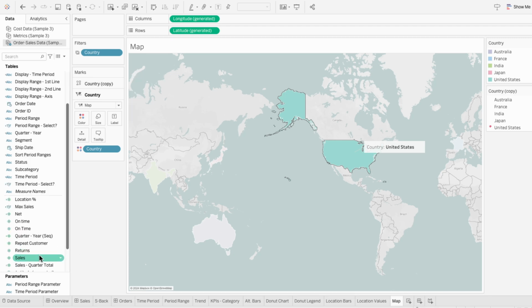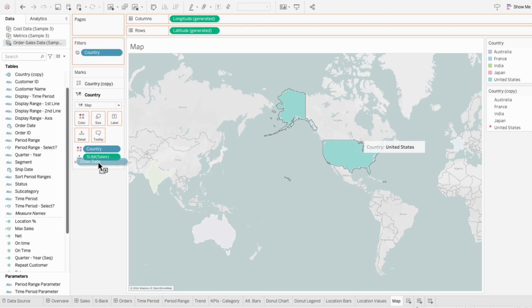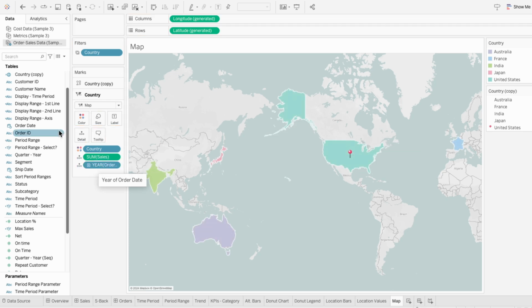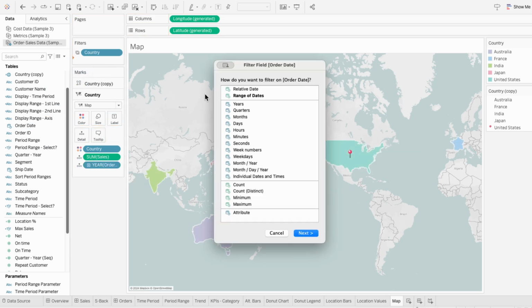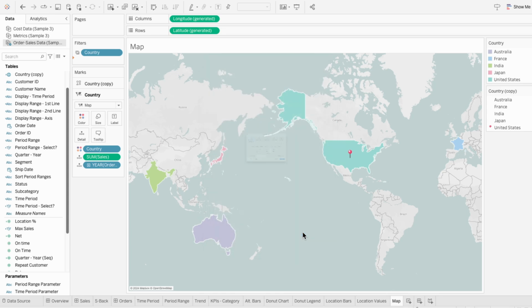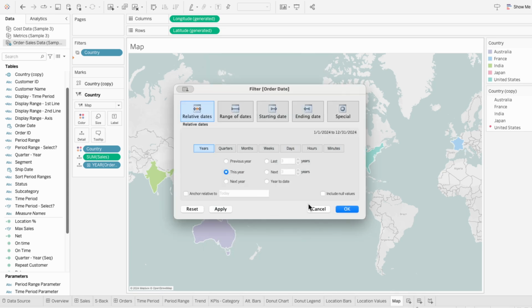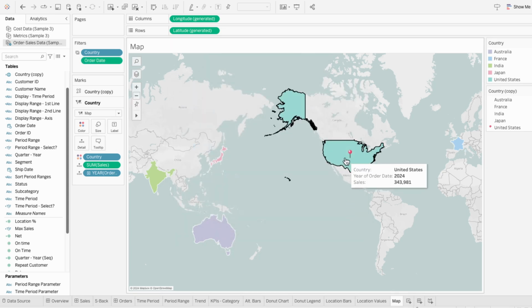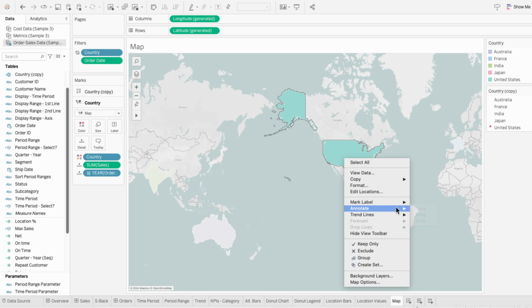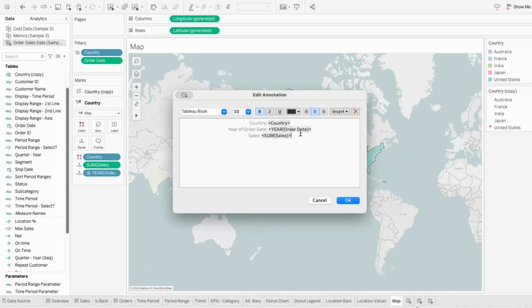So first I'll drag sales into the marks, and I'll also drag order date into the marks. Then I'll add order date to the filters and choose a relative date. And I want to filter for this year only. Now when I right-click, go to Annotate, Mark, you can see I have the option to add all of these